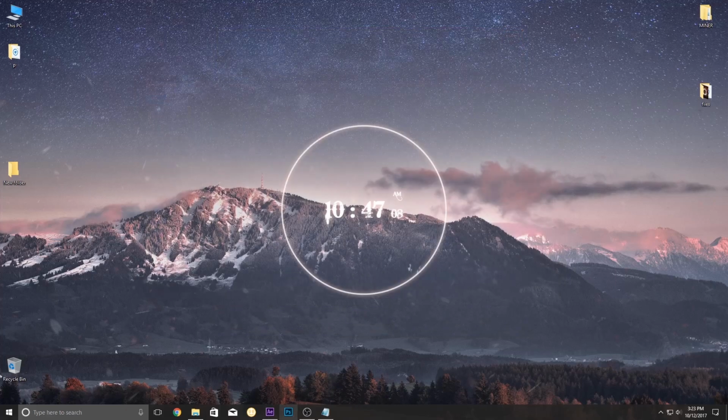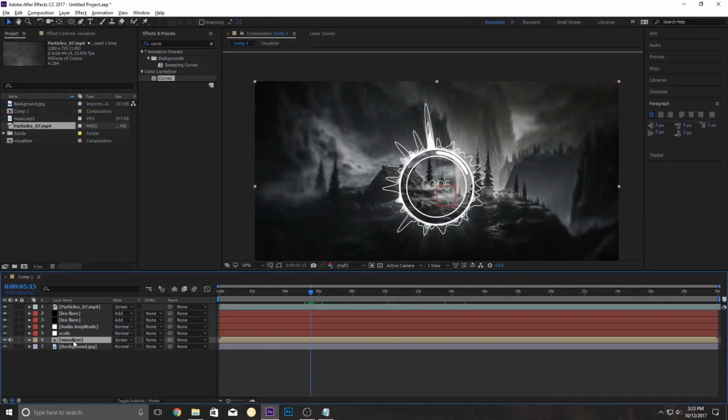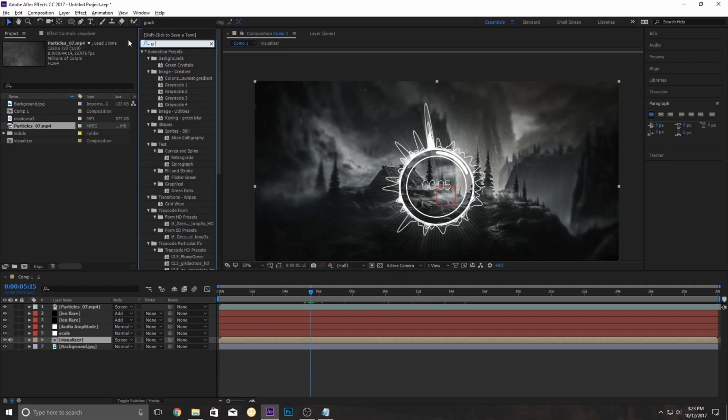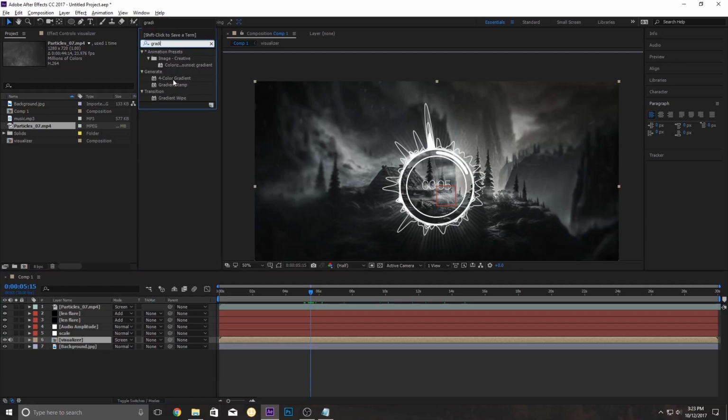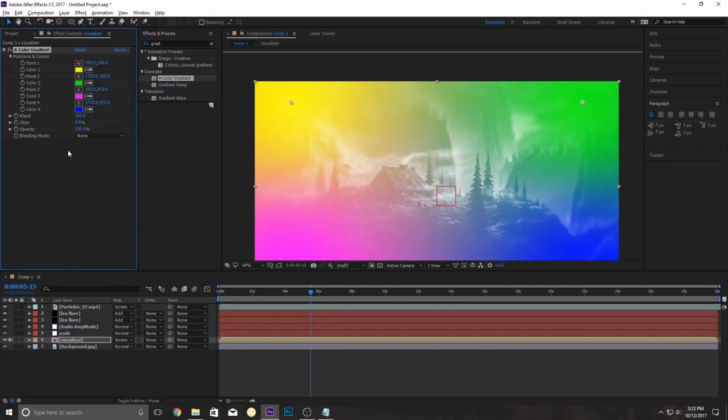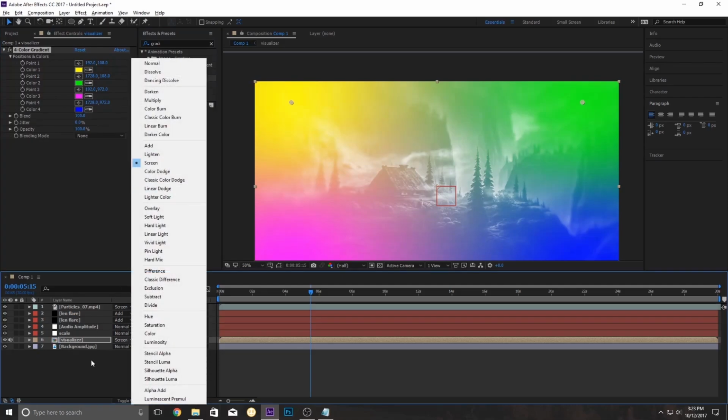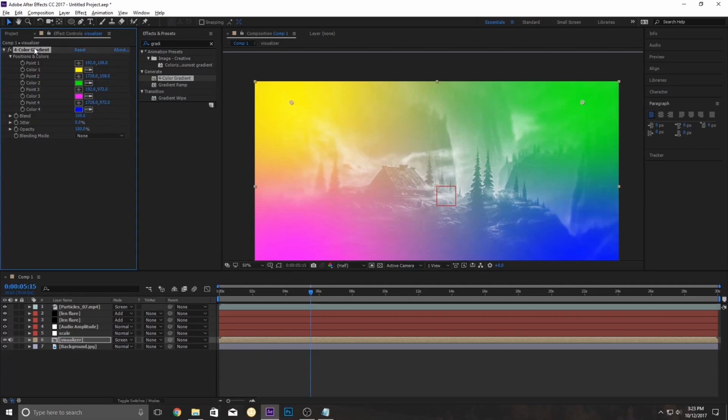So it's simple. Just click the visualizer and add a gradient. Actually it's called 4 Color Gradient. Drag and drop it onto the visualizer. It will look like this, and change the blending mode. Sorry, not this one. Select the 4 Color Gradient, change the blending mode